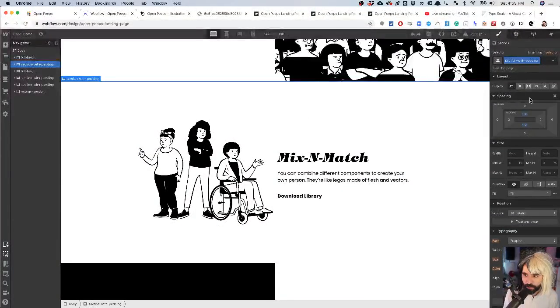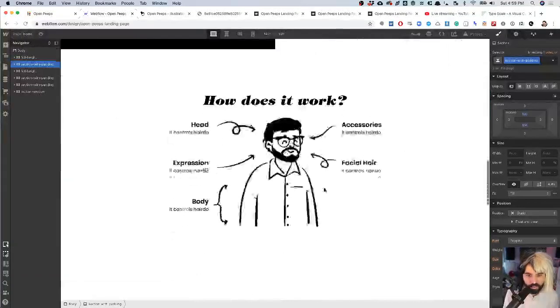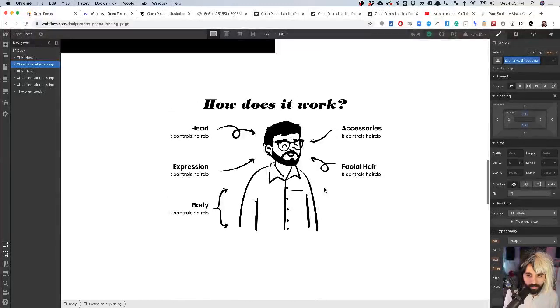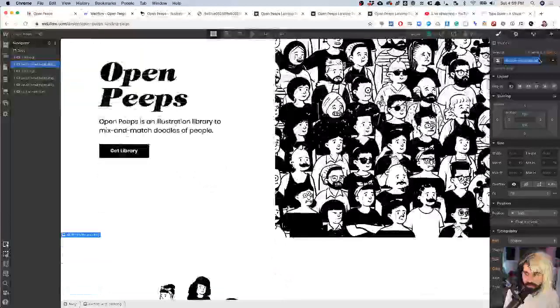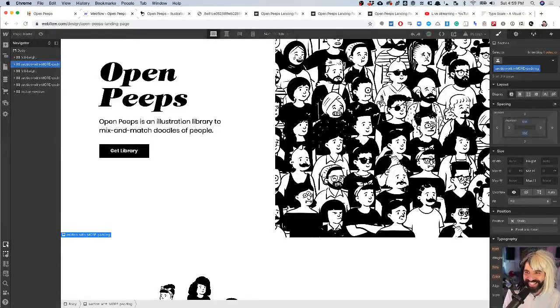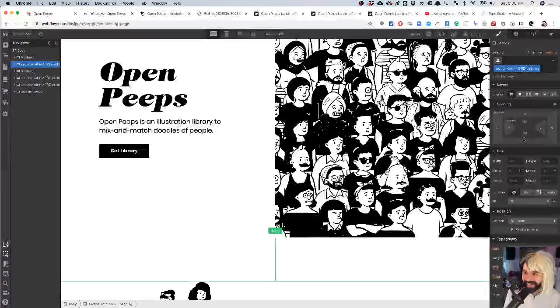So, section with padding. Apparently 136 was not enough. That's going to change this one too, and I don't think I want to change that, so I'm going to duplicate it with more padding. Yeah, not the best